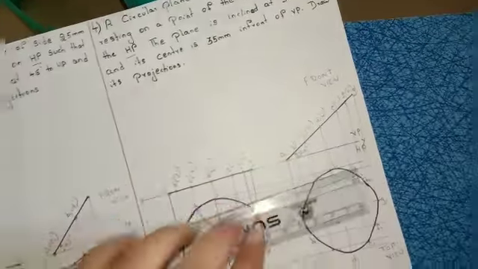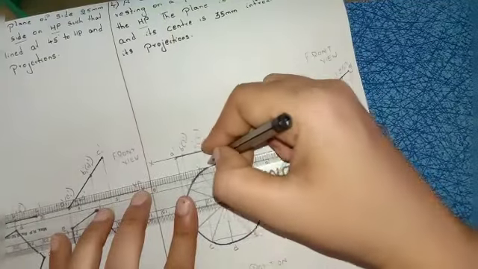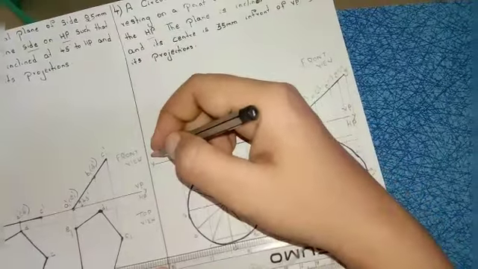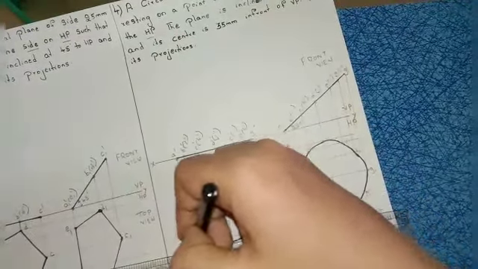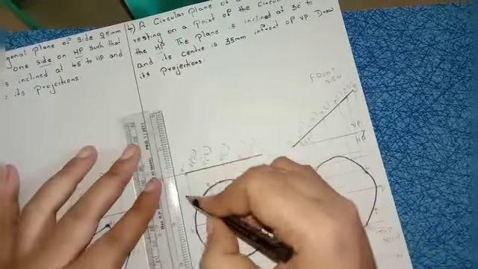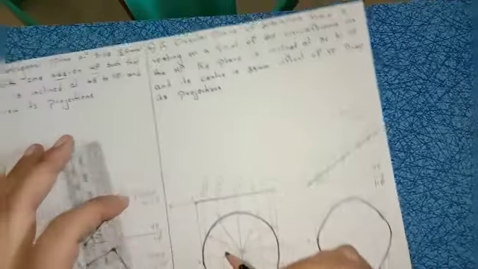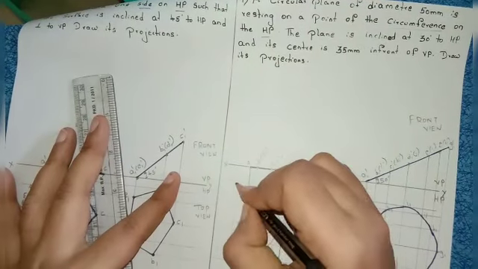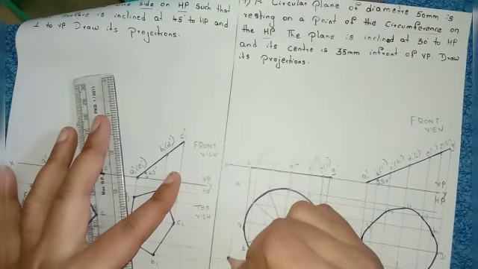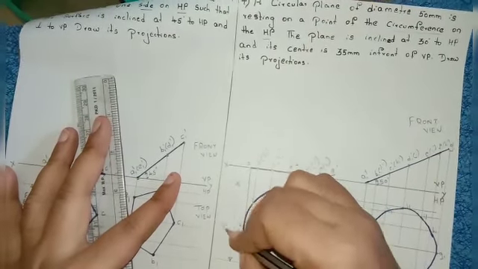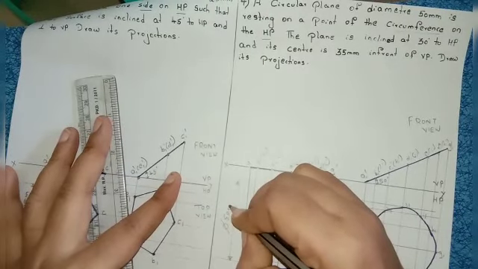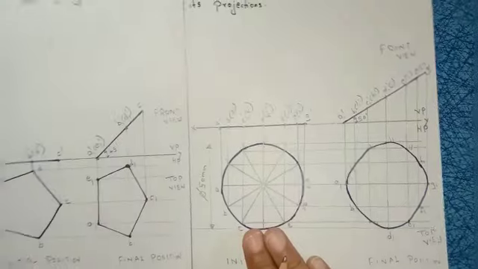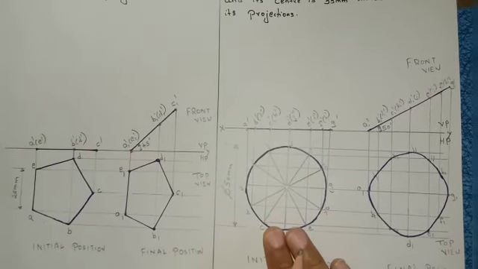Mark the dimensions properly. In this question, they mention diameter of the circle. Draw the extension line. Draw the dimensional line. Whenever you are marking the dimensions for the circle, right, we have to indicate with symbol pi 50 mm. Right? So these are the two problems. All the problems are same.